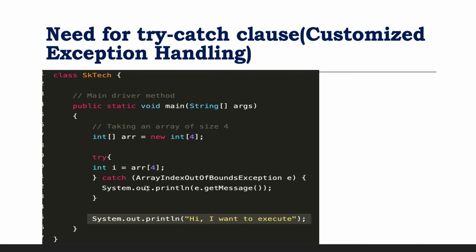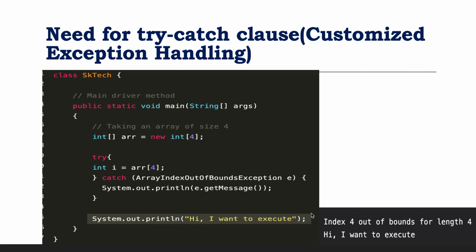Based on that, let's say we have written some statement. In case of this exception, we want to print the message of the exception, and after that we have written another statement. This time if you run this program, since we have already handled the exception, instead of skipping, it has simply printed the message that we have written here. It means whatever operation we performed in case of the exception has been printed, and after that it continued executing the next statement, that is, hi, I want to execute it. This is what it is printing. So this is the use of the try catch block basically.